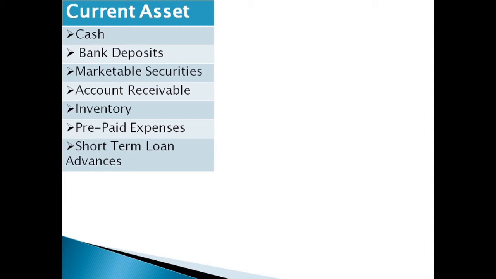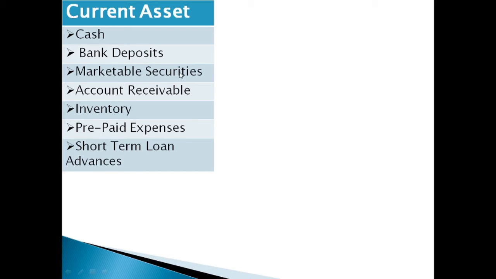So let's see how I can generate cash in my business. First is cash. Let's say you have cash money in your business account. That is the simple form of cash. Second is bank deposit. You had cash which you converted into a bank deposit in the past. Now you can break it anytime and convert it into cash. So that is the second form of generating cash.